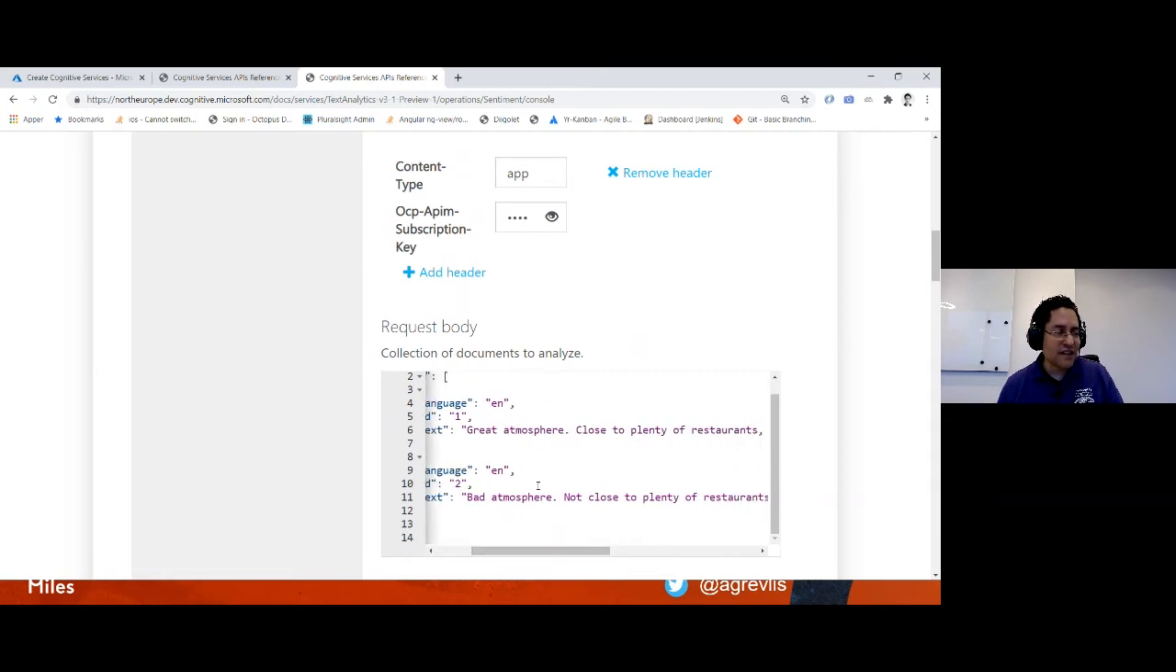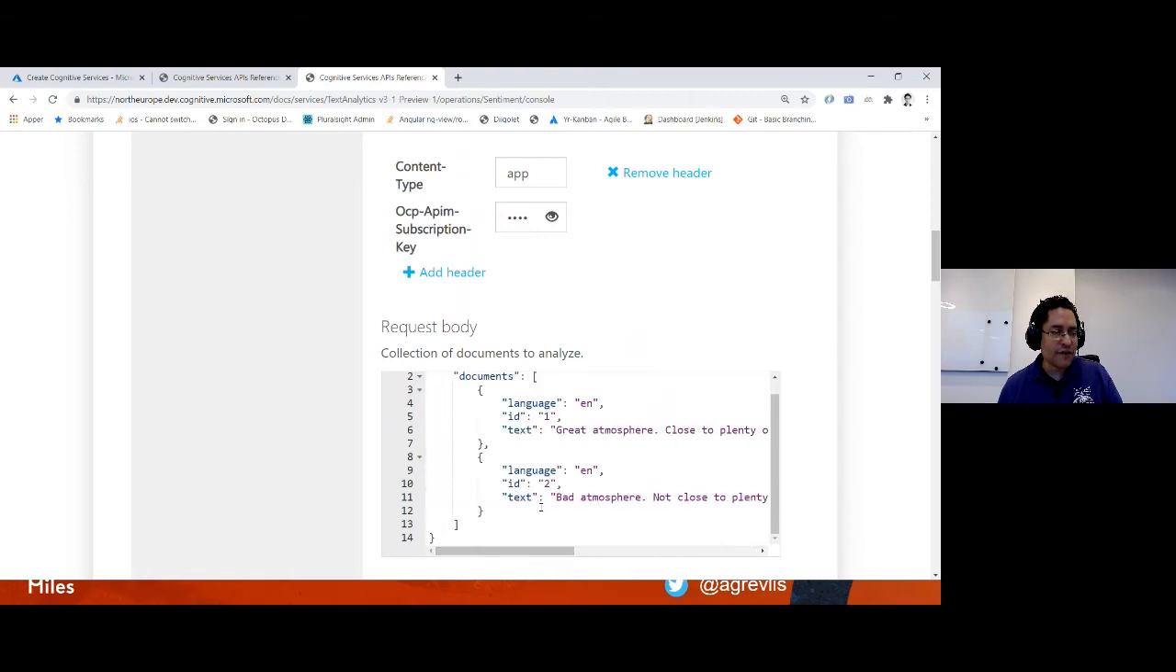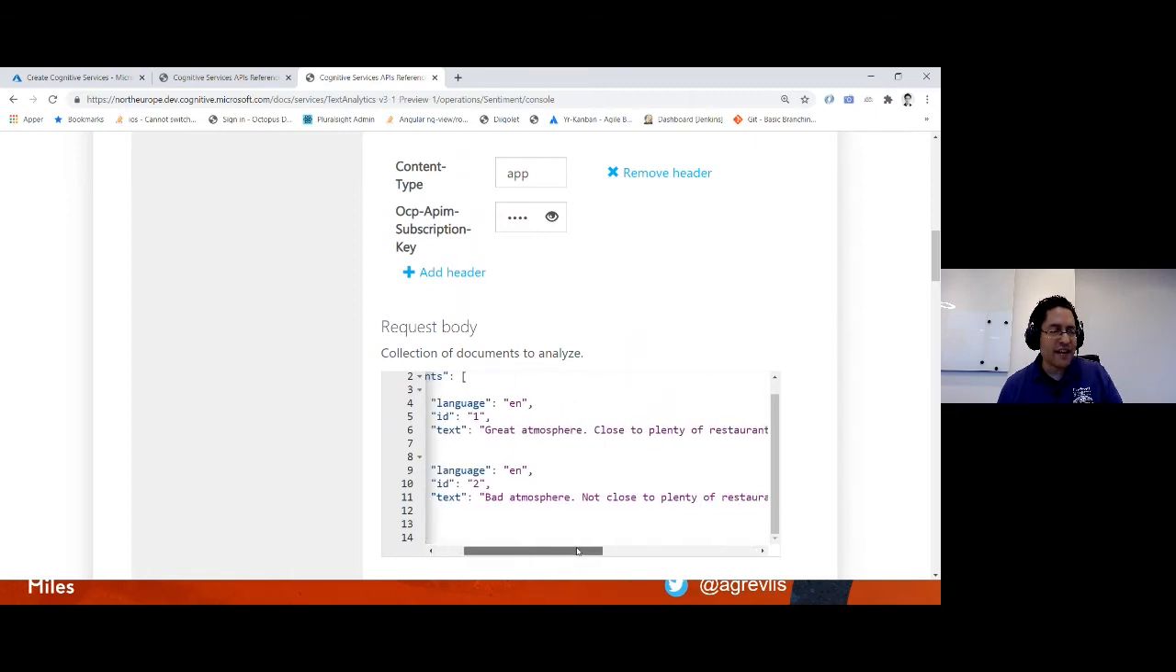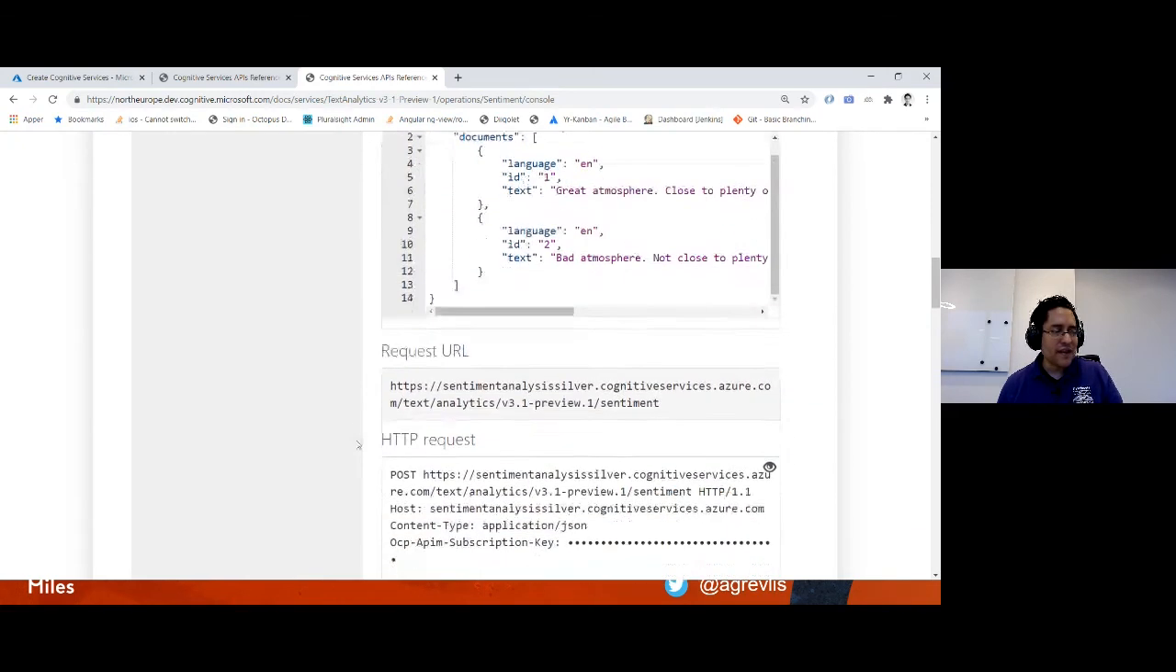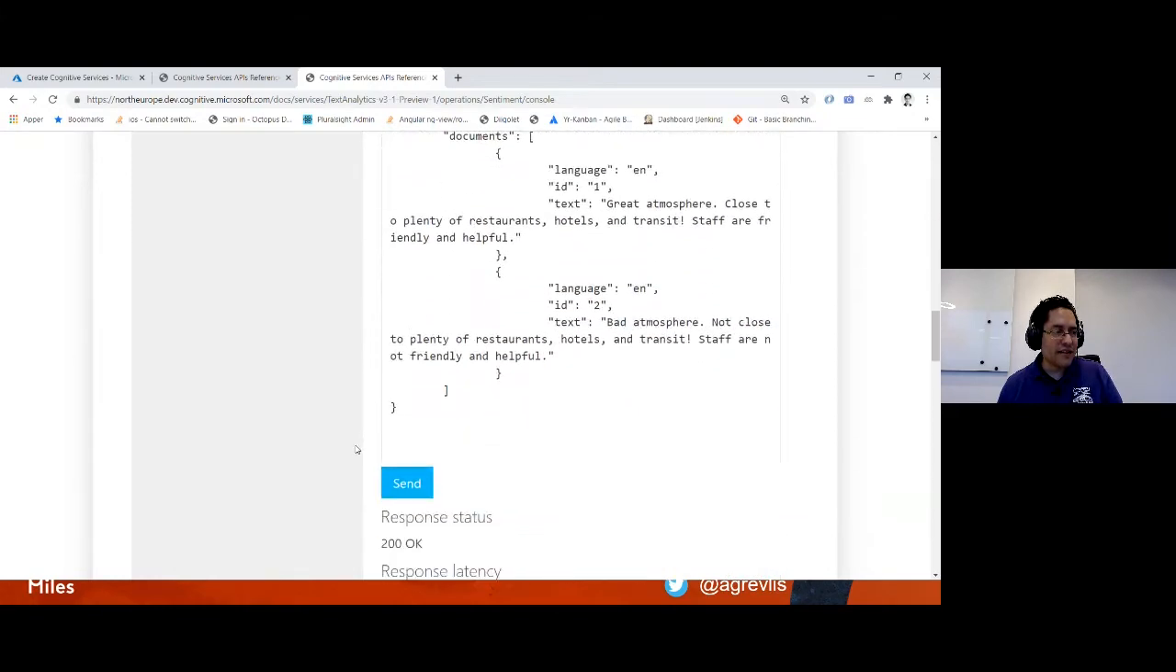The first is: it's a great atmosphere, close to plenty of restaurants, hotels and transit, and staff are very friendly and helpful. And we have a second review where they say it's a bad atmosphere, not close to plenty of restaurants, and staff are not friendly and helpful. So if we send this into our sentiment analysis,